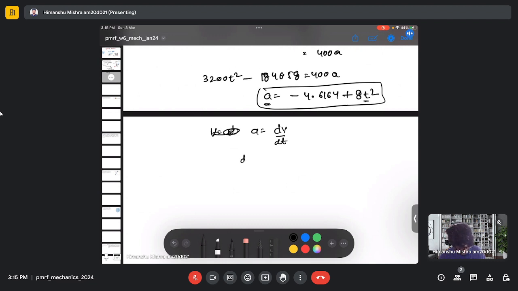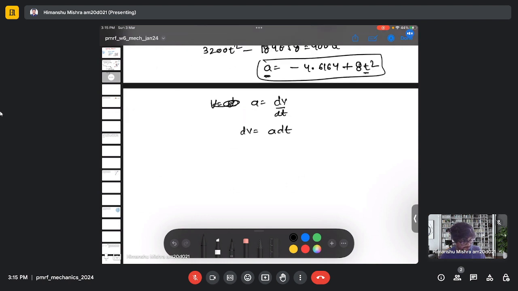So I can write dv as a dt. So if I integrate it from 2, which is my initial velocity, to some v, and from 0 to time,